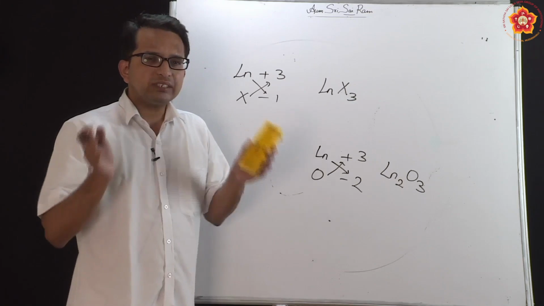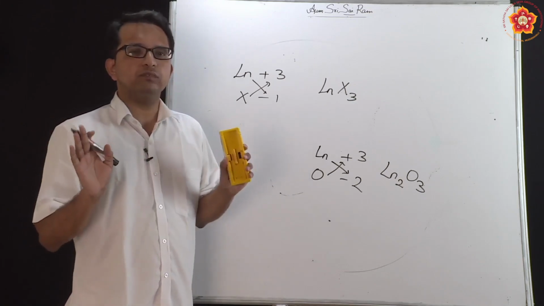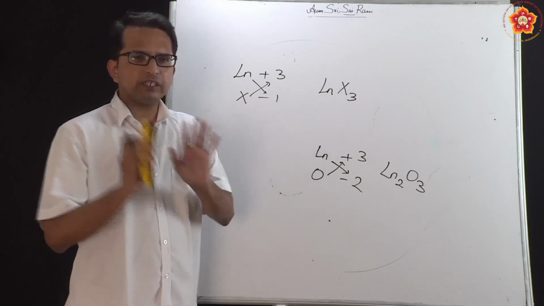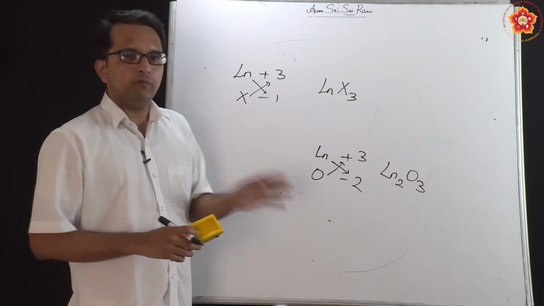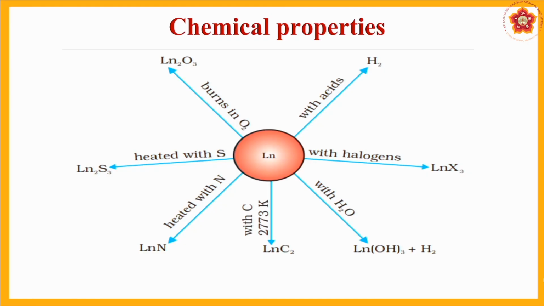hydrogen gas, which is similar to the property which many other metals show. Generally there are some exceptions like copper, but otherwise all metals when they react with acids will tend to give hydrogen gas. So looking back into the diagrammatic view of those reactions, we can see various types of reactions happening there, where lanthanides can form corresponding oxides depending on oxidation states. Sulfides, remember sulfur also has a state of -2. Nitrides. With acids it is giving hydrogen gas.